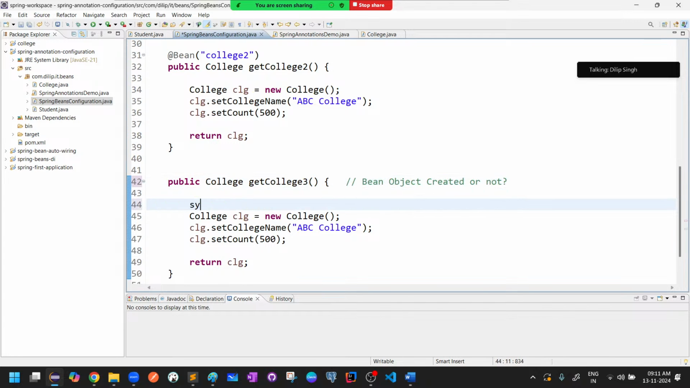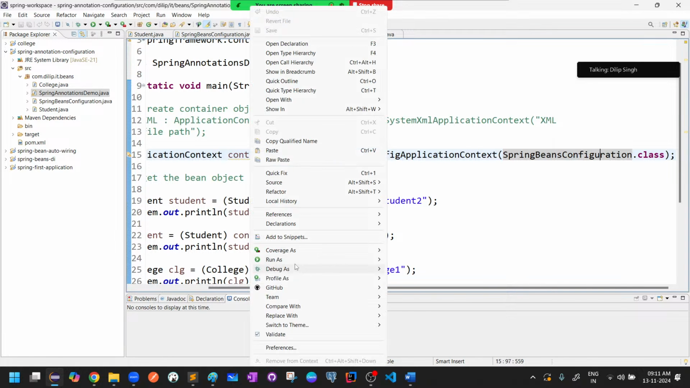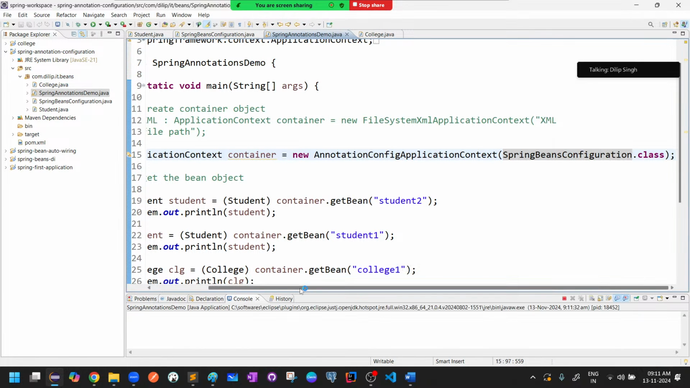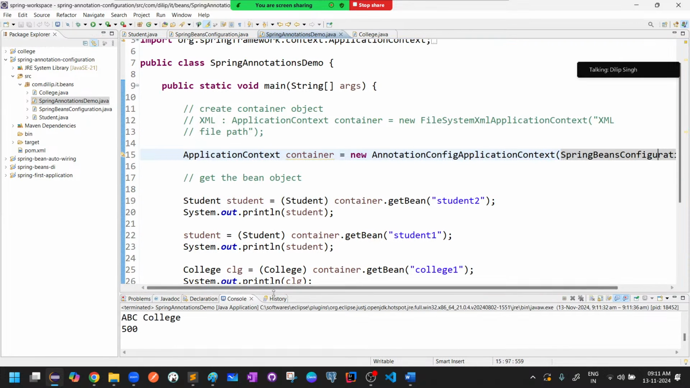If you want, see here, I will execute and show you. This is the getCollege3 method, something like that. I just wrote it simply like that. Now, if this line is printed, it means internally this method was also called by the container. So let's see practically whether it is being called or not. I'm just executing one more time. Now if you observe here,